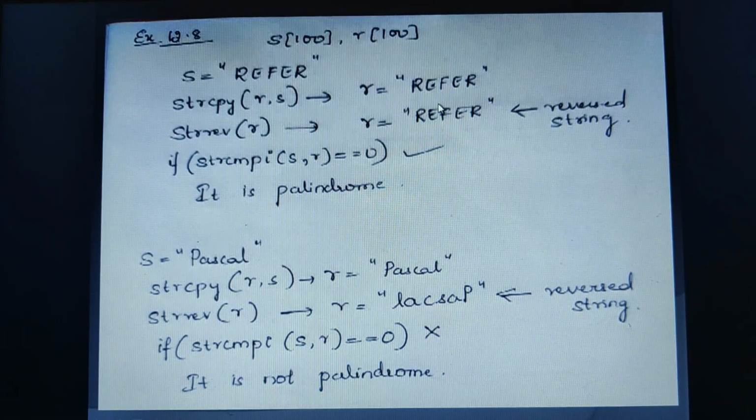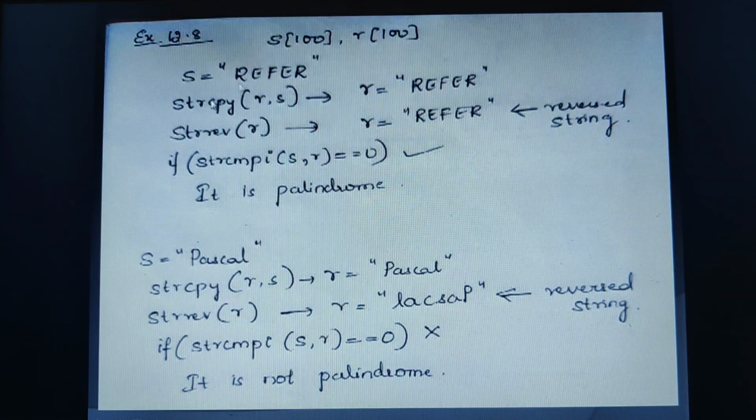So now these two strings are the same. Both the strings' ASCII values will match with each other. You can refer to an ASCII table, both match. So once a match is found and it is equal to 0, yes, the condition is true. In that case, I am going to print that it is a palindrome.